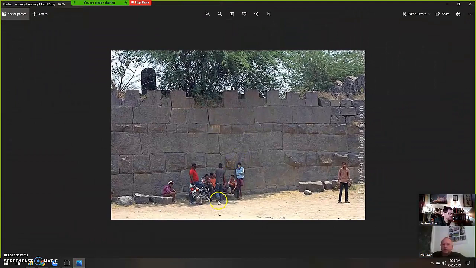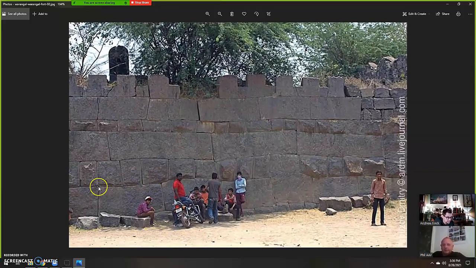This is a great part of a wall, the Great Wall of India. Warangal, isn't it? You see the bevel blocks again, these bevel lines, polygonal, and then you have different course arrangements, these weird undulating course arrangements. And then at the top, you have something that's almost like a stair step, right? The same